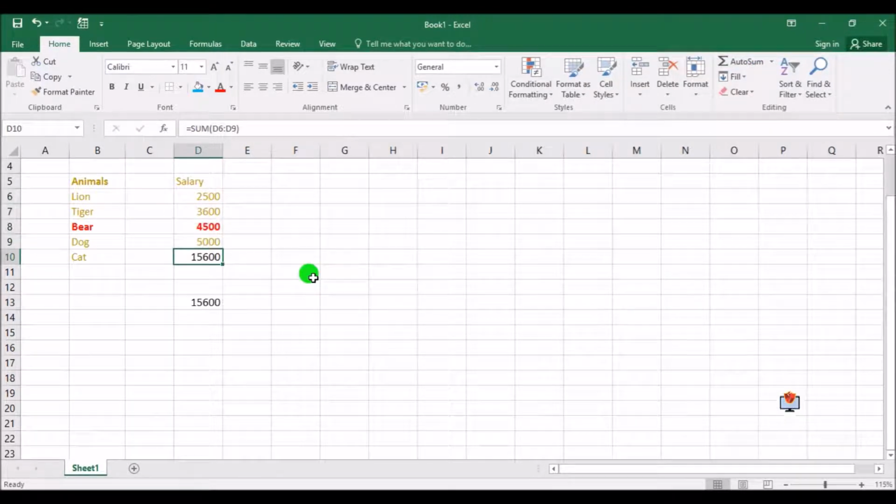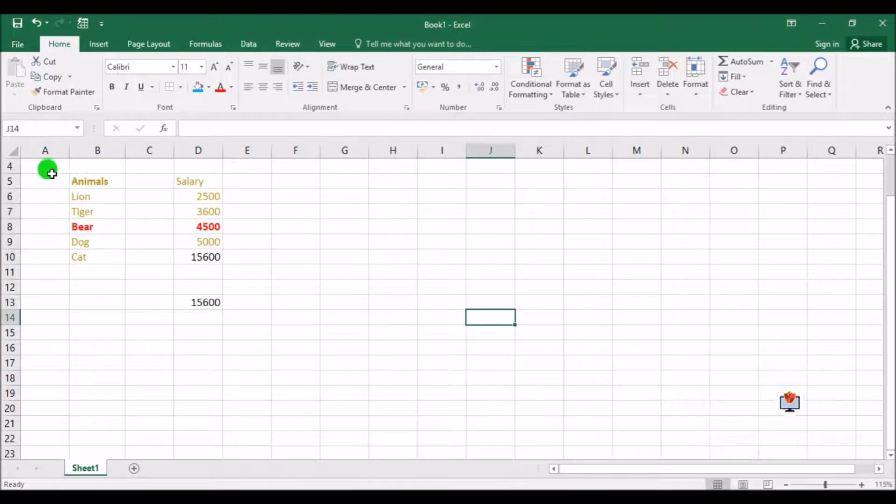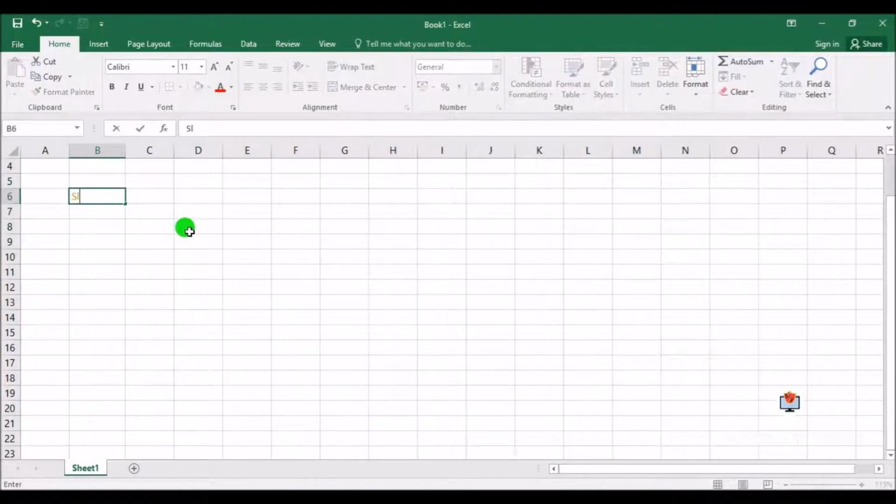See, this is the value which you'll get. So this is how you can do it. It's a very interesting feature. Now another feature I'm showing you is called autofill. I hope you have heard about autofill. Autofill is very simple. It is used whenever I have some kind of data to be written in